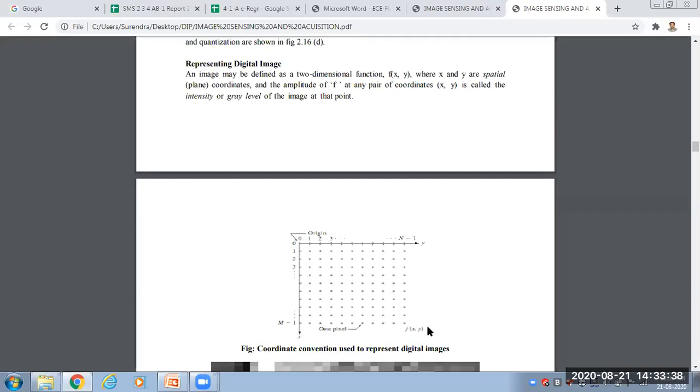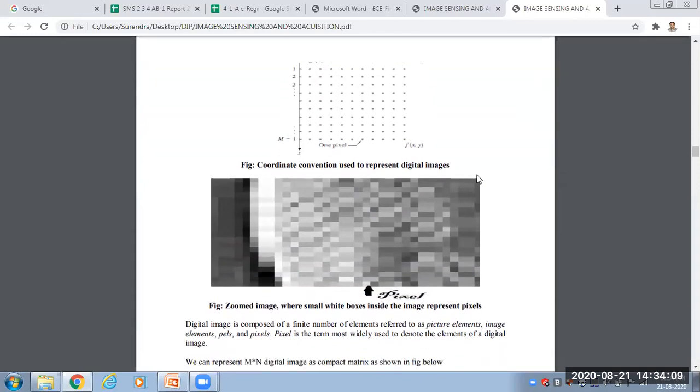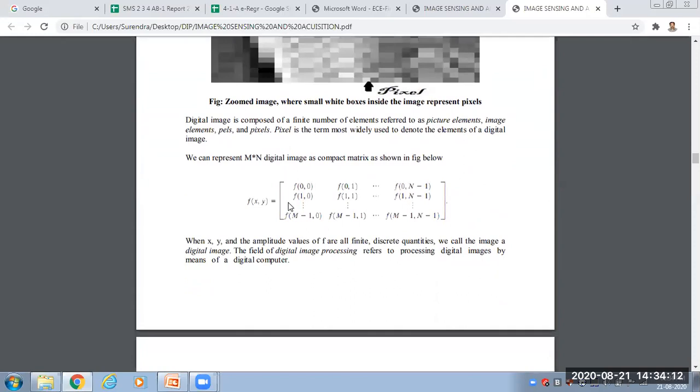Okay, origin. Here f of x comma y represents one pixel value. So f of 0 comma 0 means the origin. Then x minus 1, y minus 1, this is the dot. So x minus 2, y minus 2, this is the dot. Like this, we are representing the digital image after converting. There are a number of pixels. So here m into n, number of columns into number of rows, or number of rows into number of columns, whatever it is, m by n. M by n is one image. So we can represent it as m star n or m by n.